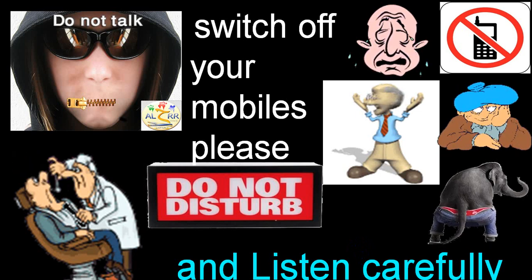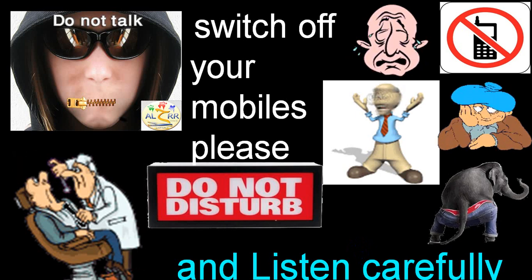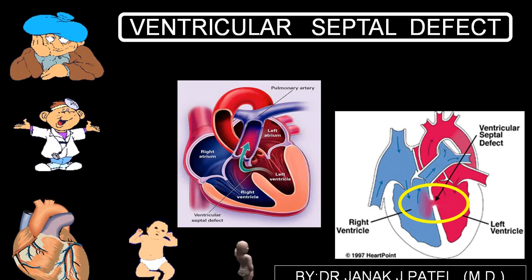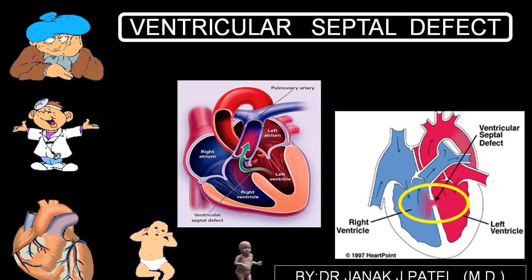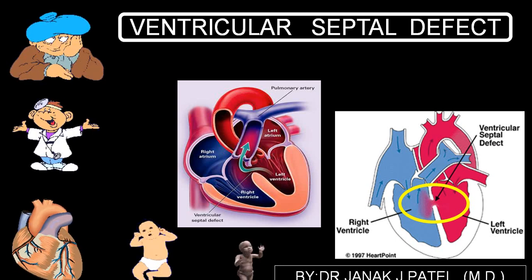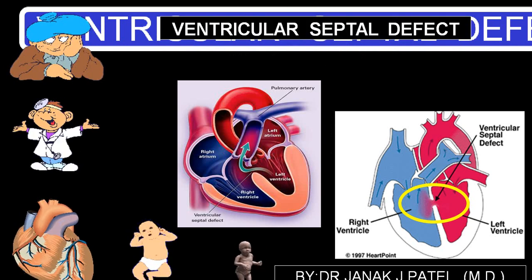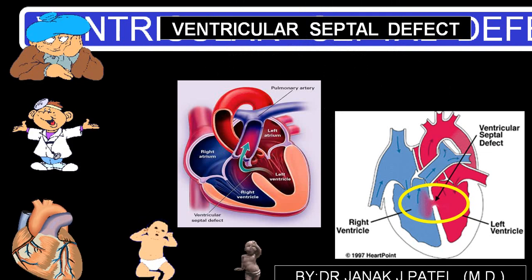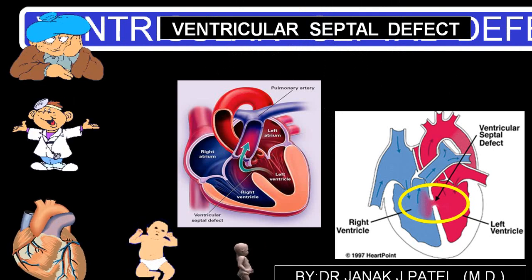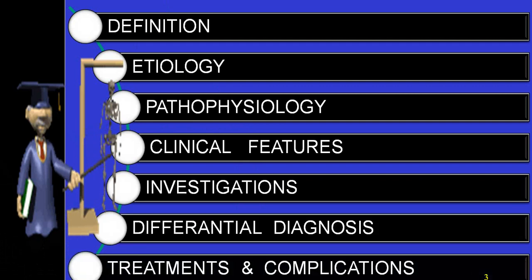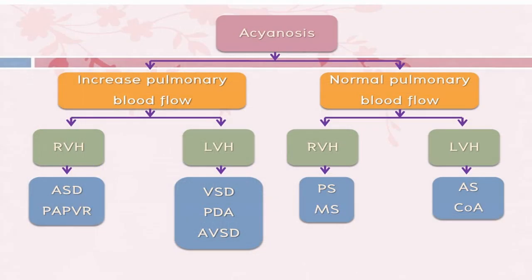Today we'll be discussing the second congenital heart disease, which is an acyanotic group, we call ventricular septal defect. Meaning is very simple. It is a defect in the interventricular septum that we call a ventricular septal defect. Because of that defect, LV pressure is more than RV pressure, so blood will flow from LV to RV. That's why it is also called left to right shunt or acyanotic congenital heart disease.